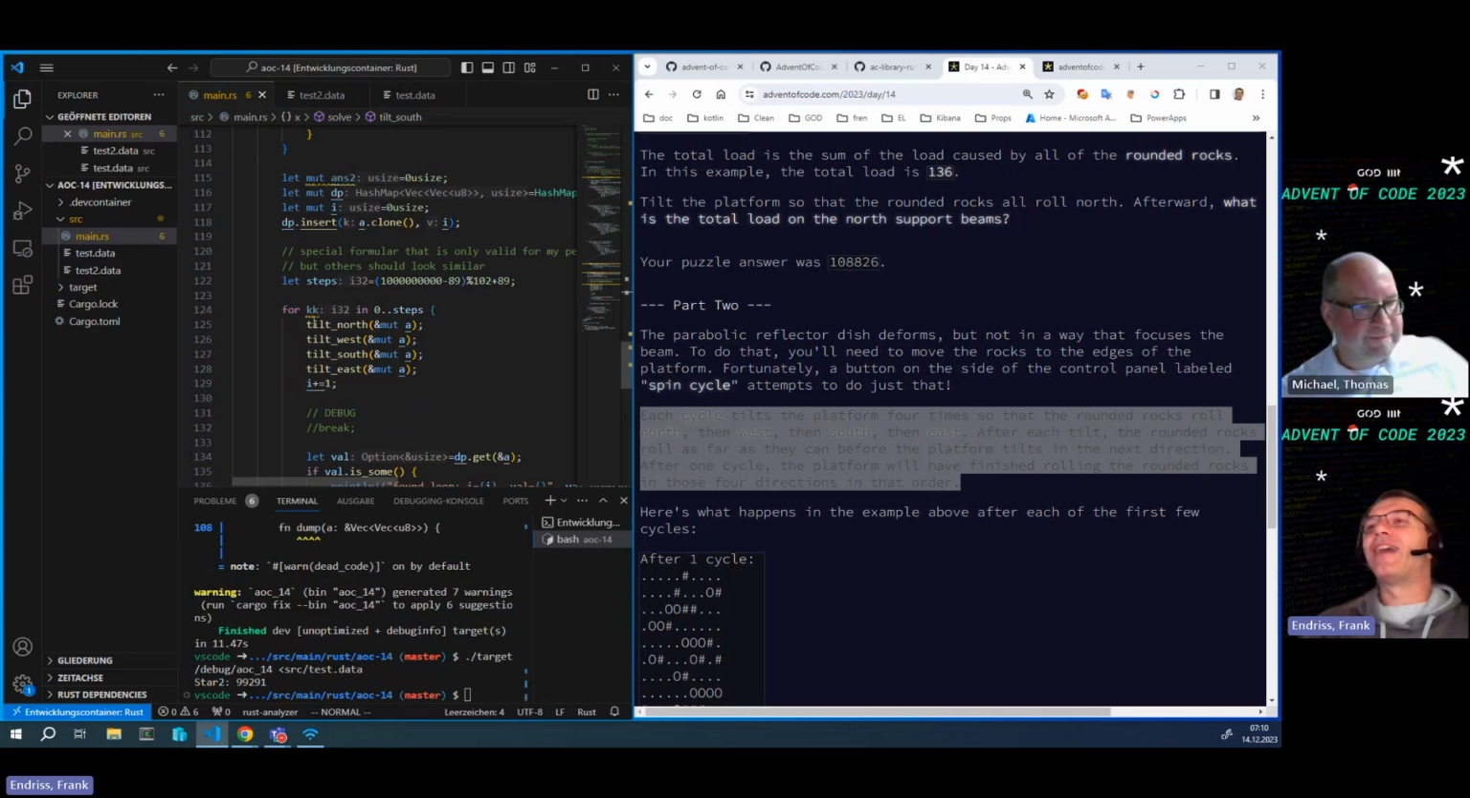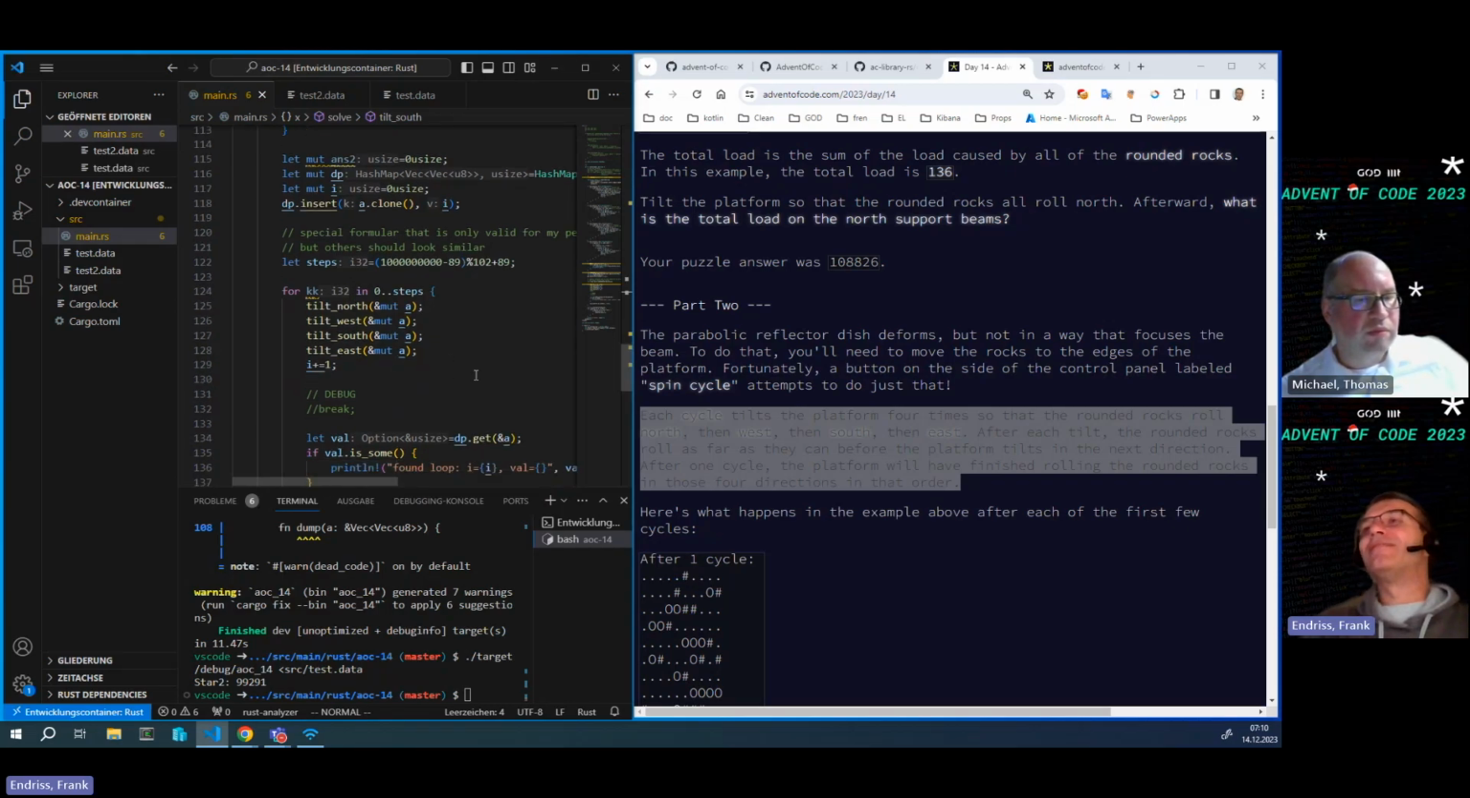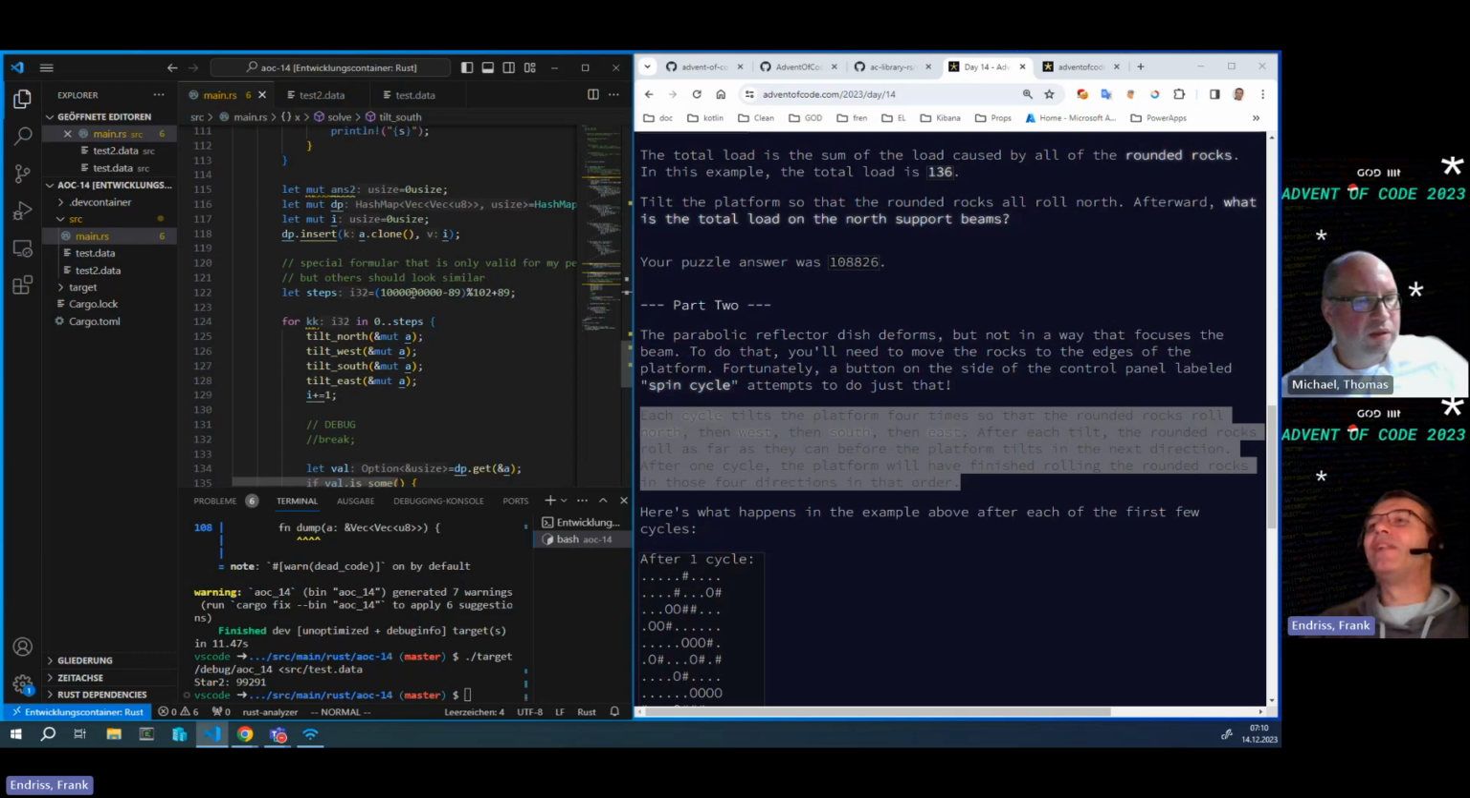In the end, you end up with 4 methods which tilt in the 4 directions, and you do this simply and then check afterwards. So then again, this 1 billion thing is the complicated part here. How to get rid of this 1 billion, because we cannot run it for 1 billion steps. It takes too much time. So what I did,